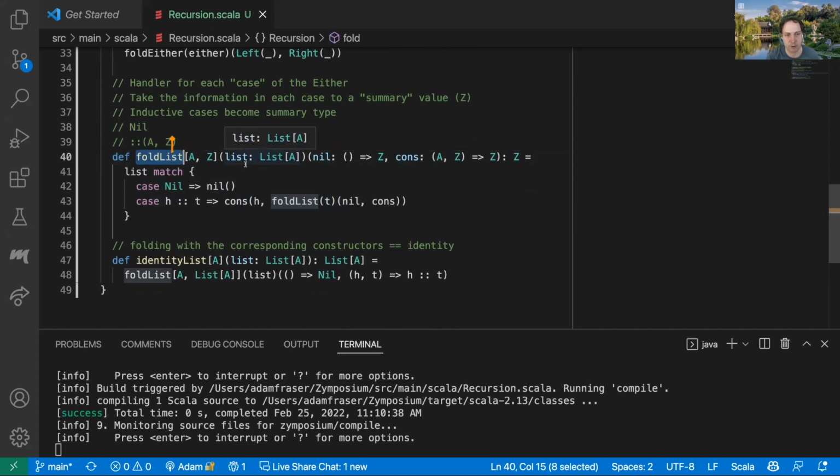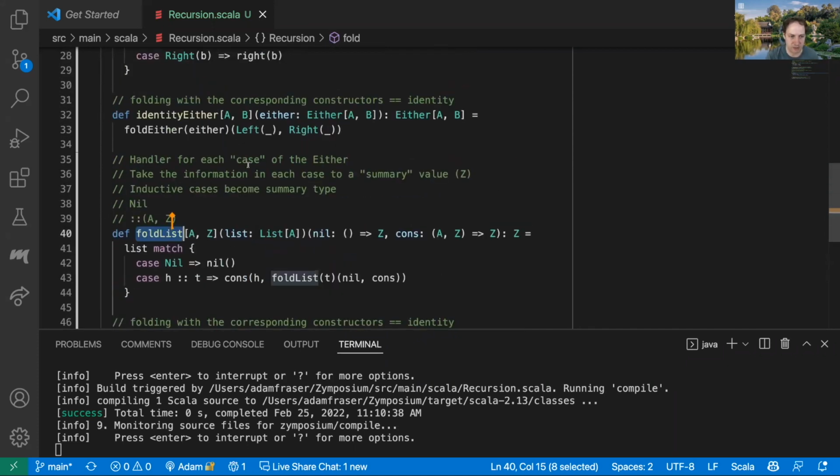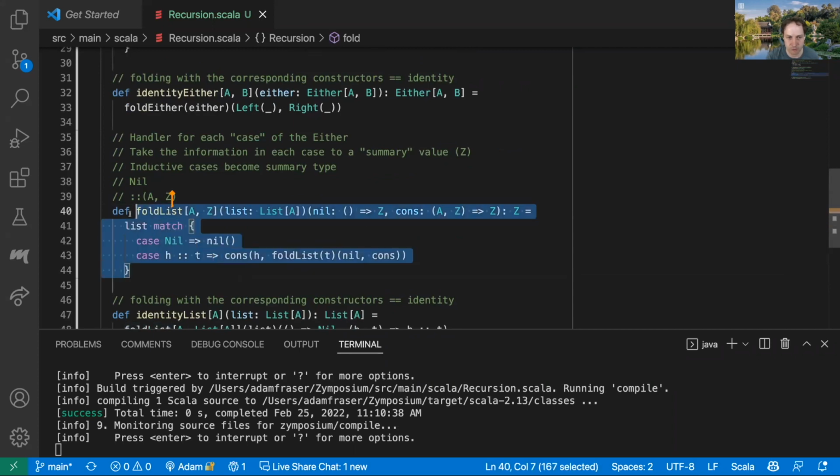And we'll see very similar things on other linear data structures. So I could define a similar fold on a vector or a chunk, or if I don't care about the order, I could fold over a set or a map. So this ends up being a pretty common signature, but there's actually nothing unique about this to these lists or